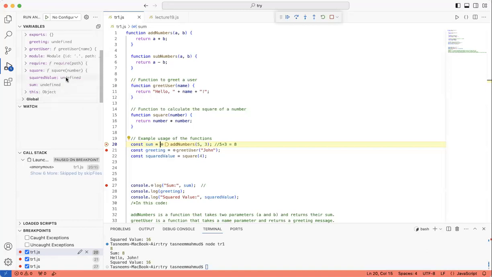Okay, so let's go ahead. So now we know where the variables are shown. What is the watch block over here? If you have any variable that you want to keep an eye on, you could just transfer it to here. Does that make sense? We will get to that later, but for now, let's just try to understand how the debugger is working.